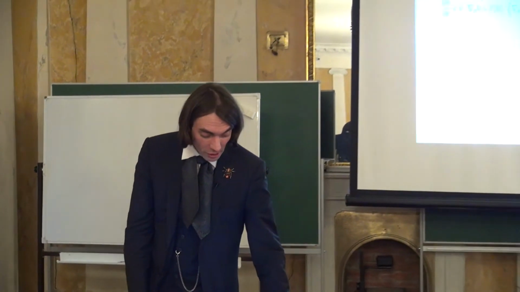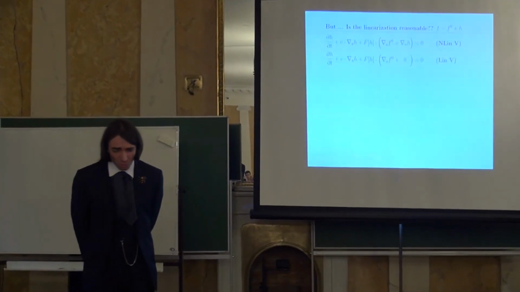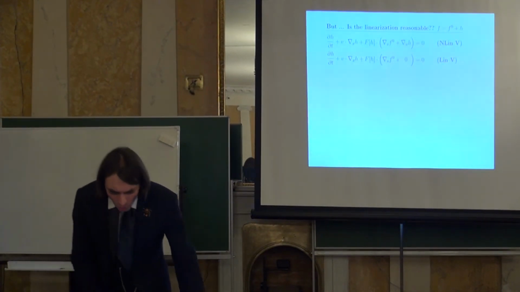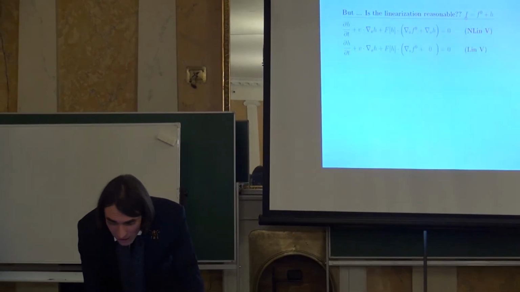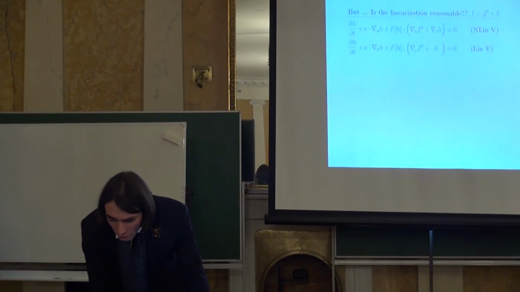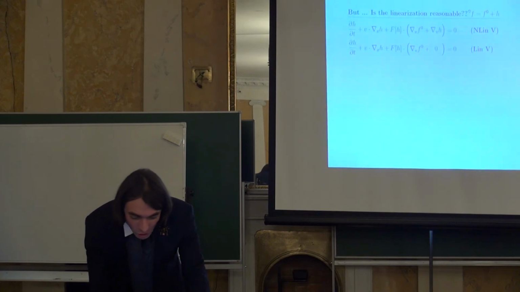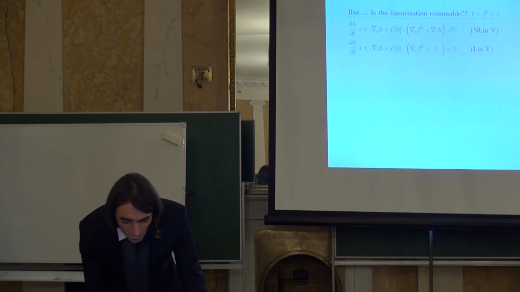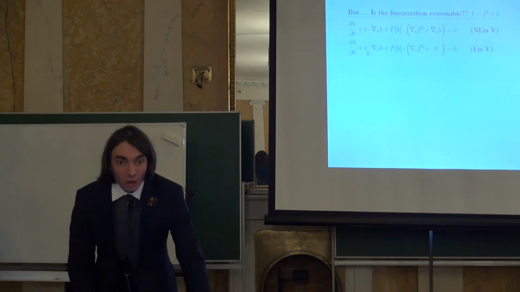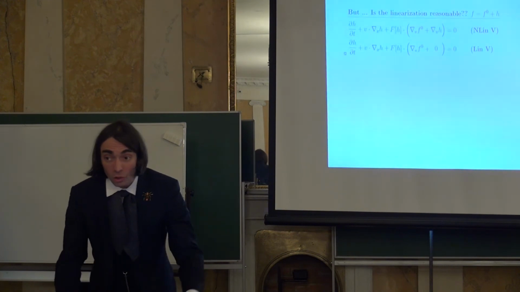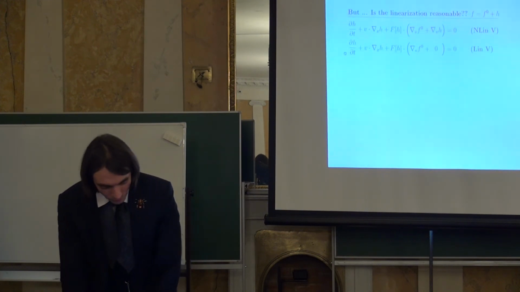Another thing which is a problem: is the linearization reasonable? Landau based his reasoning on the linearization. So he started from some equilibrium, say stable, added a perturbation, and looked at the resulting distribution function. And he let it evolve by the nonlinear Vlasov equation, which is the one I wrote before. If you linearize, it means that you take the quadratic term out and keep only the linear terms. And why not? Because the quadratic term, of course, is much smaller.